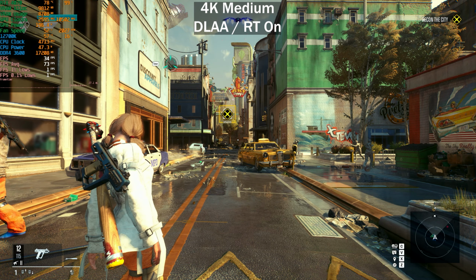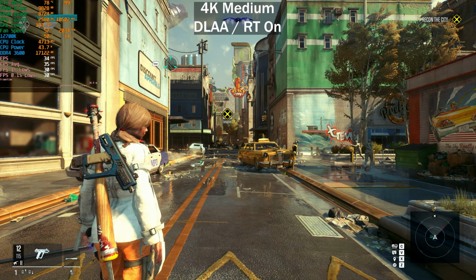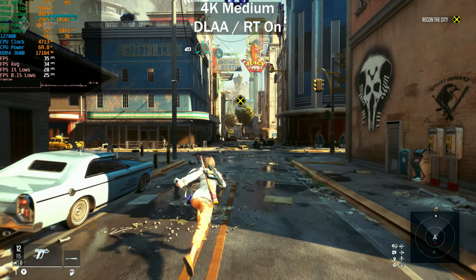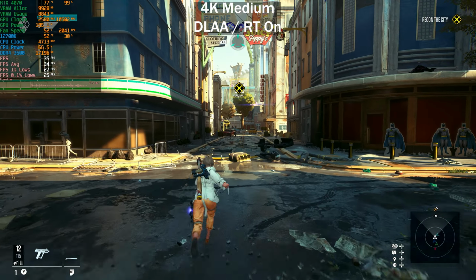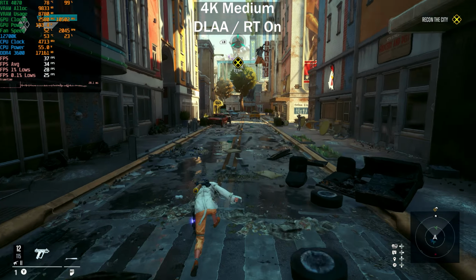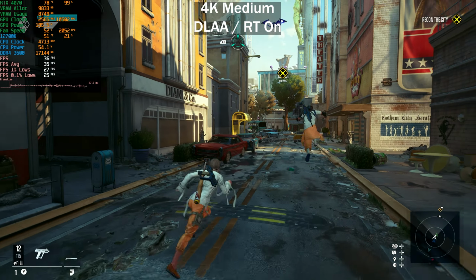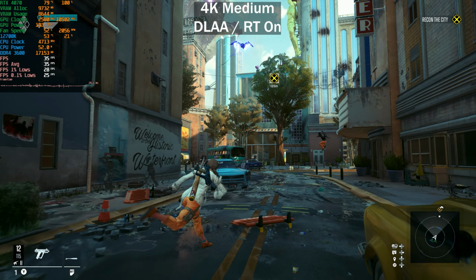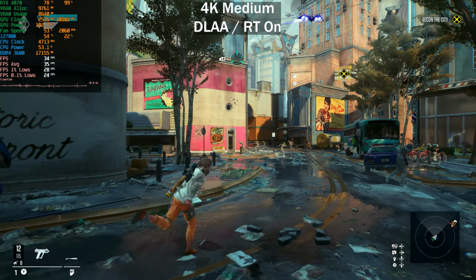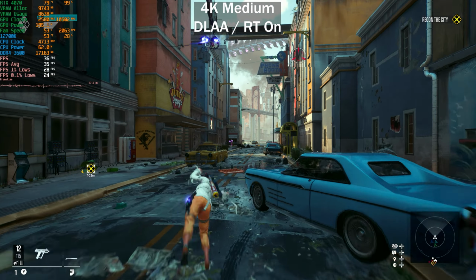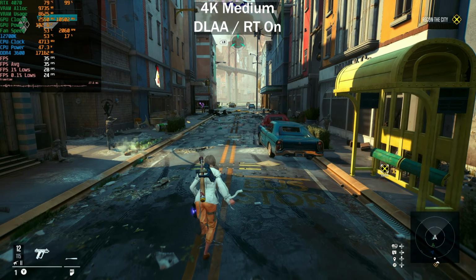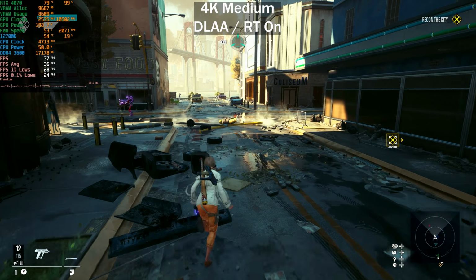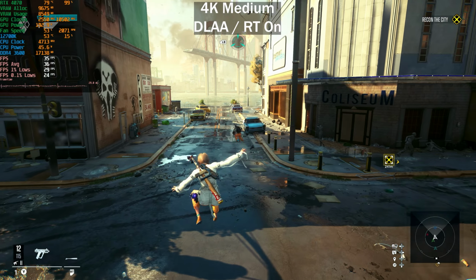Let me get the correct buttons here. So 35 frames per second. I mean, once again, there's a big jump in visual fidelity and crispness between 1440p and 4K, even though 1440p was on high and this is on medium. Sure, there will be some differences, right? Draw detail or draw distance, some shadow details, etc. But when it comes to outright resolution, crispness, sharpness, 4K is much better than 1440p,